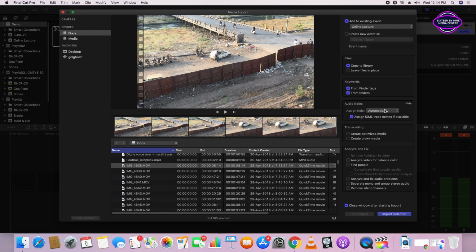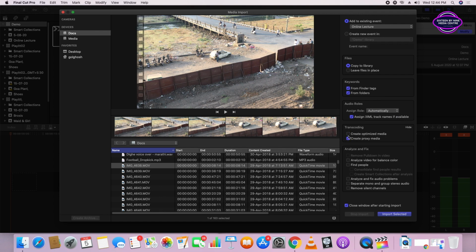Here it is saying automatically assign roles. If I select automatically, FCP will on its own identify music as a different role, dialogue as different, and effects as different. So let it keep automatically only.